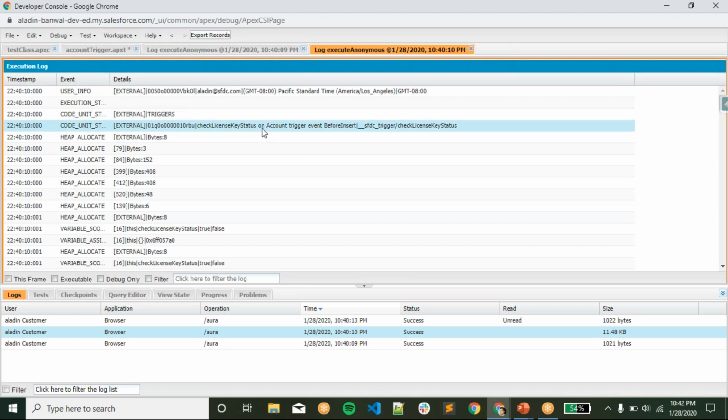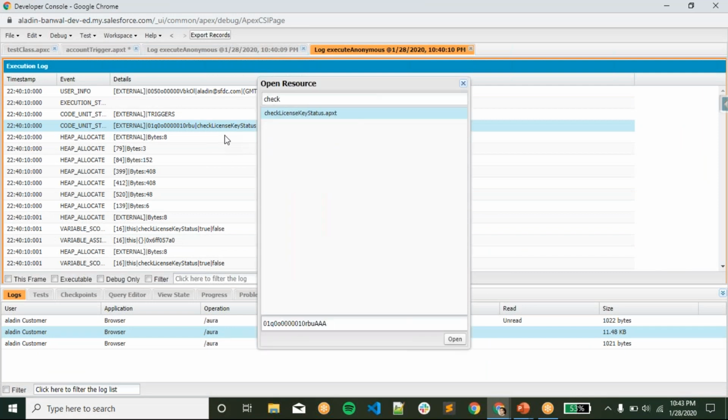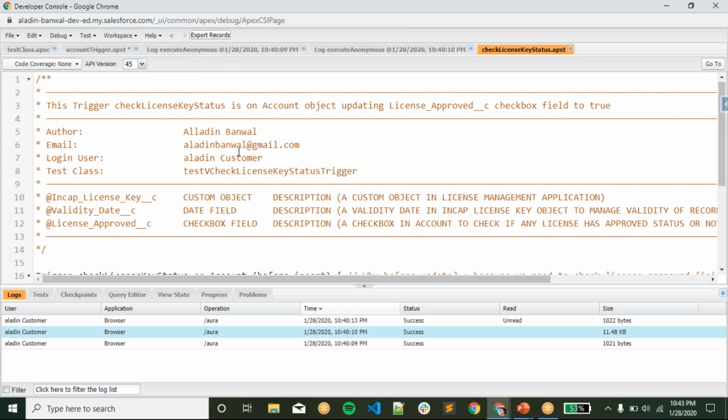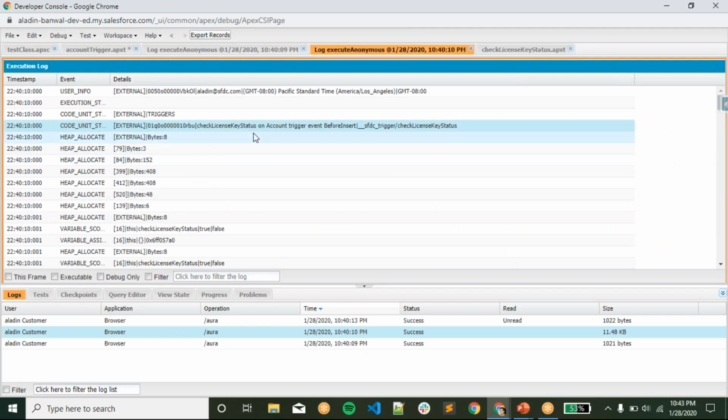There is another trigger over here on this account. Let me open that as well. Yeah, I have already created another trigger, which is this check license key status. So I have another trigger on this account, and it will first go to this trigger.